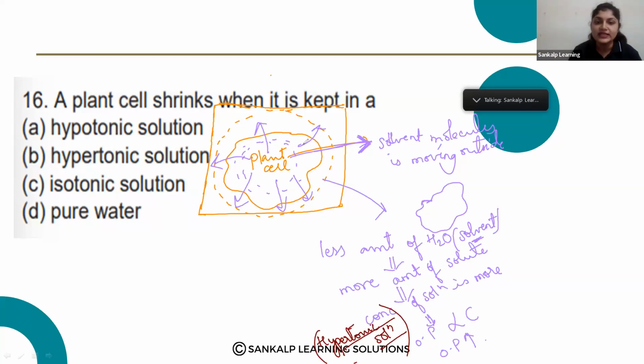Now this is about inside the cell. Now when we are talking about outside the cell, what is happening outside the cell? So here, as the water starts flowing,